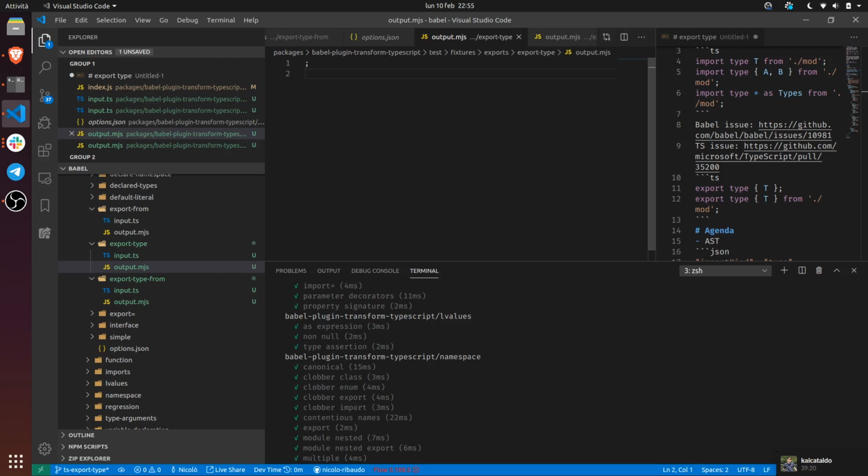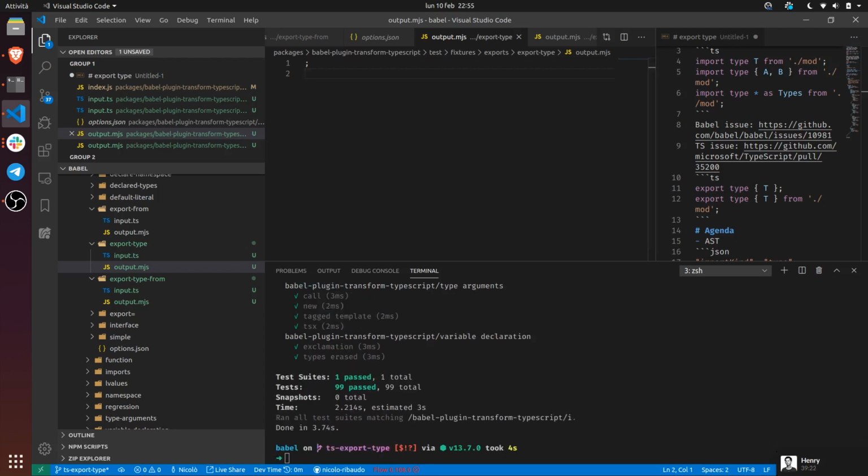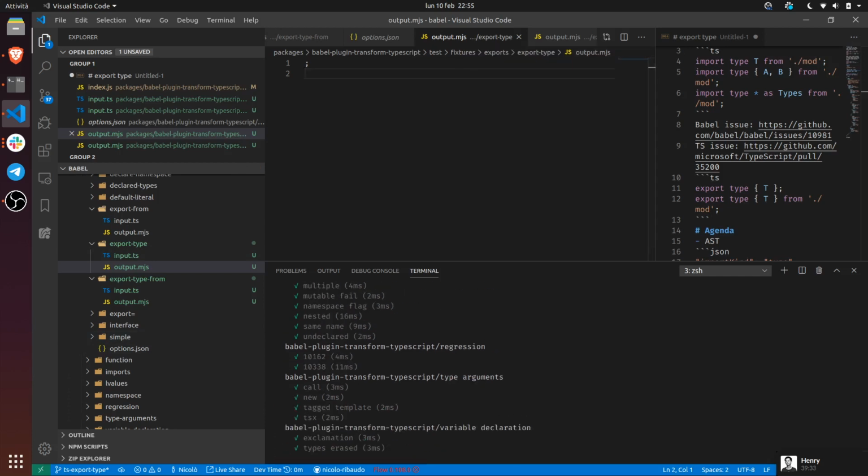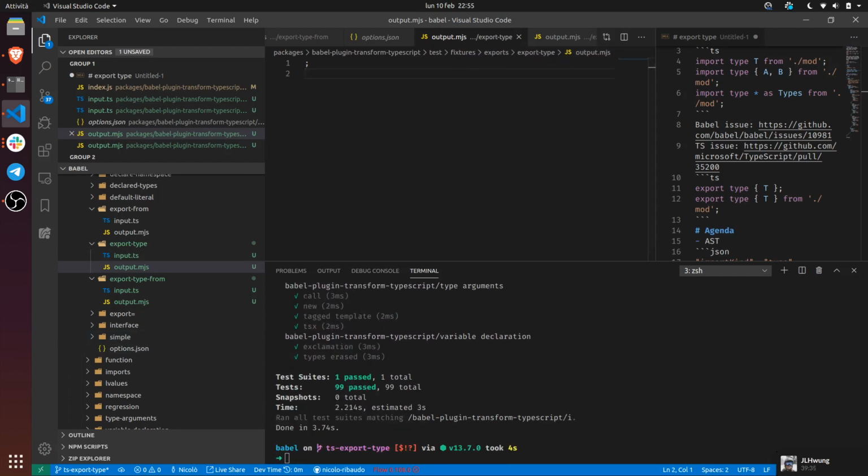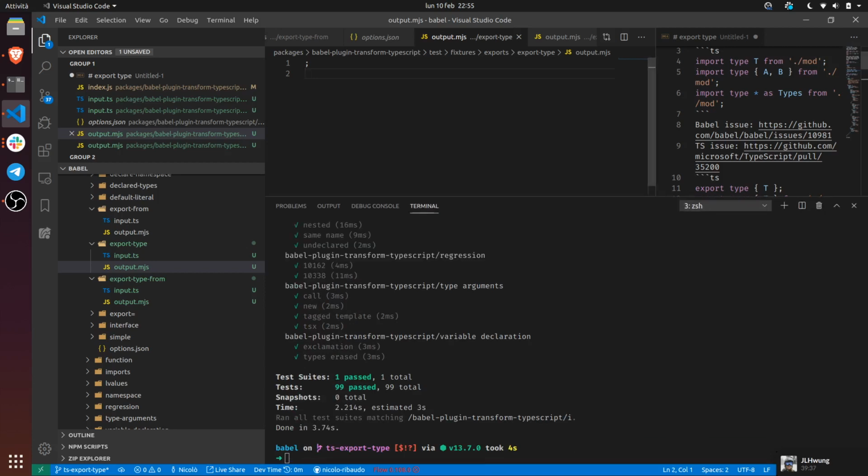Cool. Makes sense. Yeah. So if, for example, we enable the transform modules to common.js plugin, this should now have the .js extension. Right. Okay. So we can move to the generator